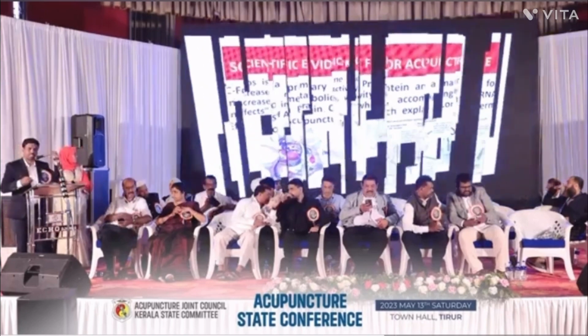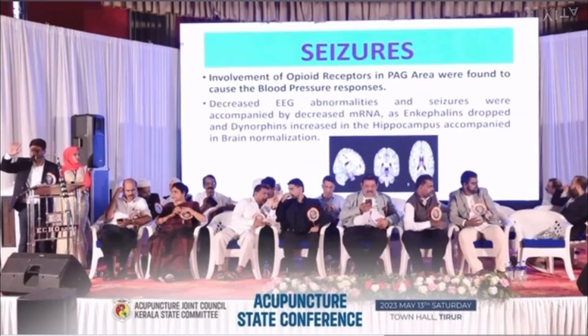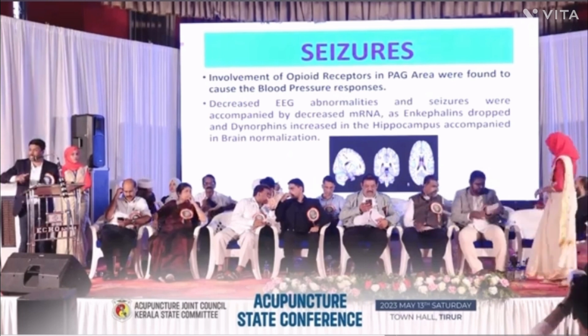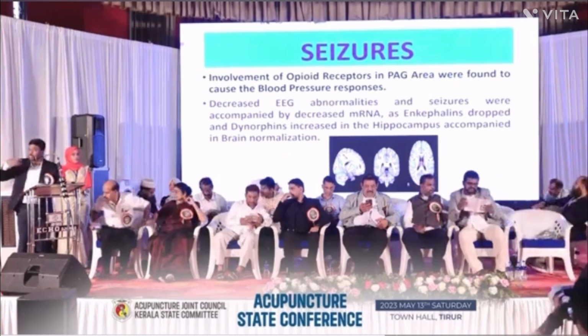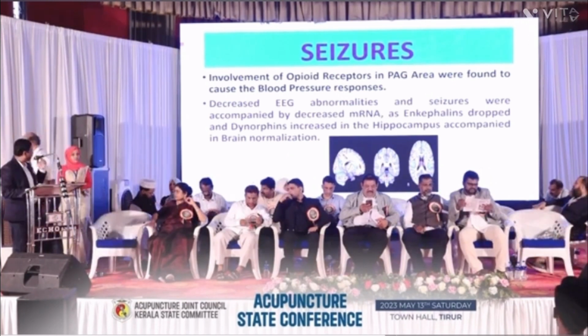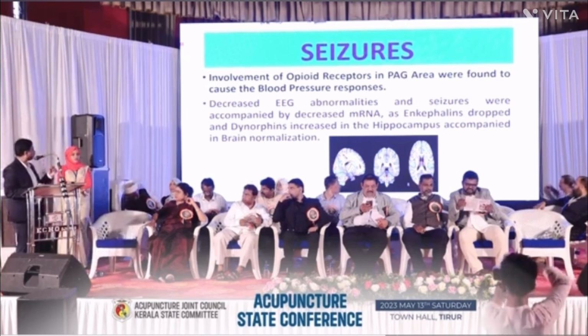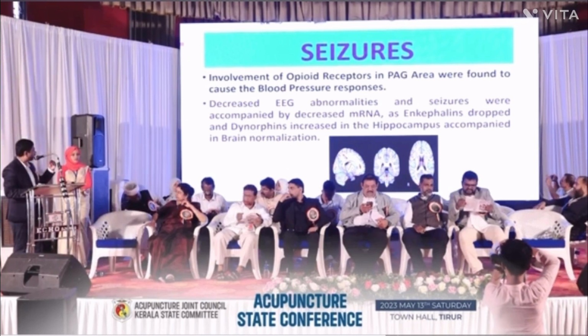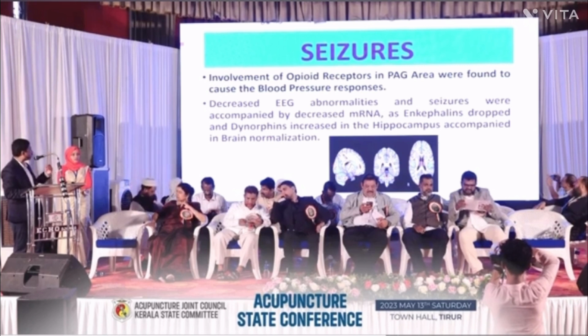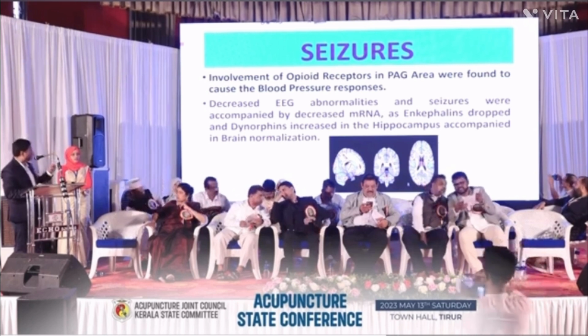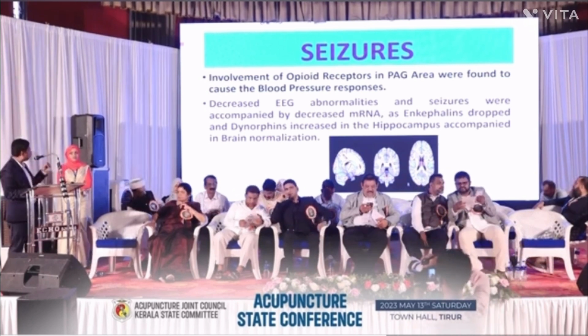Because for each and every system, I am giving you only the skeleton. It is essential to study for years together, months together. So next, please: involvement of the opiate receptors. Decreased EEG abnormalities and seizures were accompanied by a decrease of the RNA, and enkephalins dropped by the